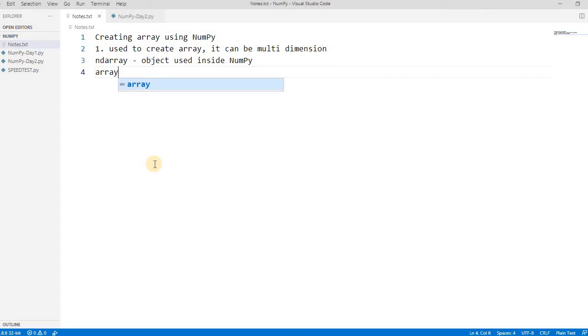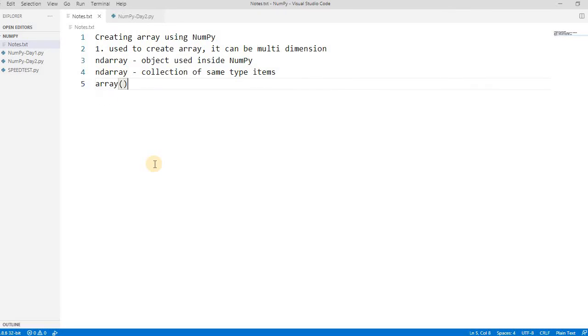Okay, so ndarray is nothing but a collection of the same type of object. You can say this ndarray is nothing but a collection of same type items, right? So simple. For creating this ndarray, you can pass a fixed value, or you can pass a list or tuple or any array-like object into the array function, and it will convert this into the ndarray.